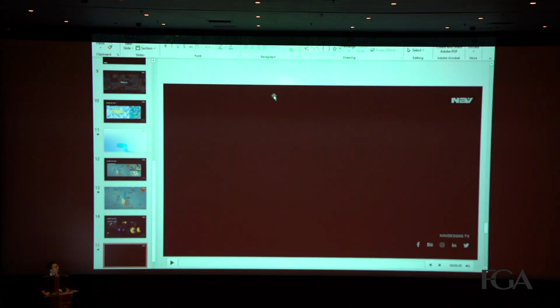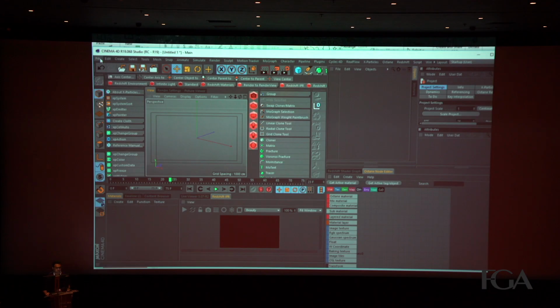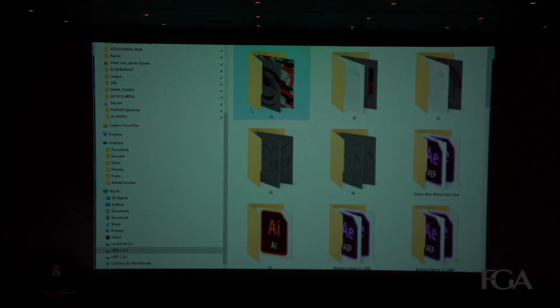I used Redshift render for this one, and let's get into it. Mainly I did a lot of modeling in this one, and the rest was done by Redshift because the beauty of Redshift was really good.